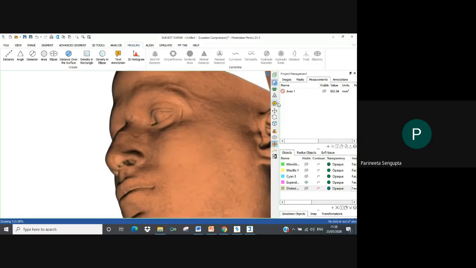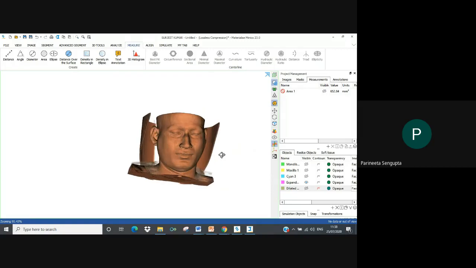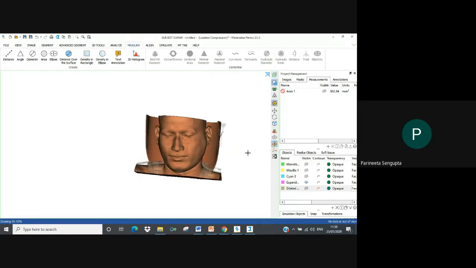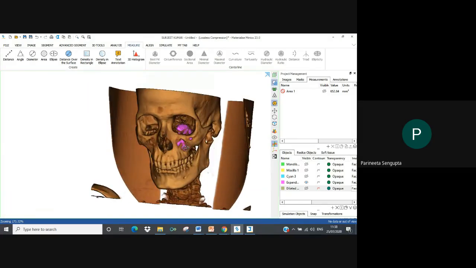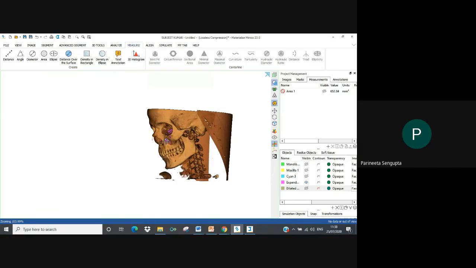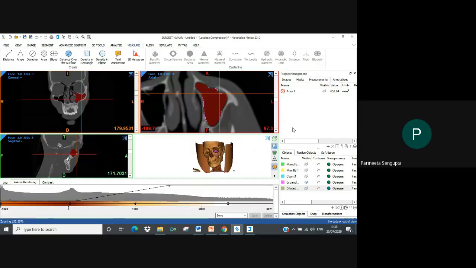What I've now checked is the volume rendering option, ma'am. So what is volume rendering? It comes under the 3D tools menu only. You can see it's here below, along with log and contrast, you have an option called volume rendering. You can just keep checking here. I've just selected bone now. I've not calculated this mask, ma'am. What I've done is I've just switched on the volume rendering option. So now, without creating any mask also, you can visualize the bone, the soft tissue.